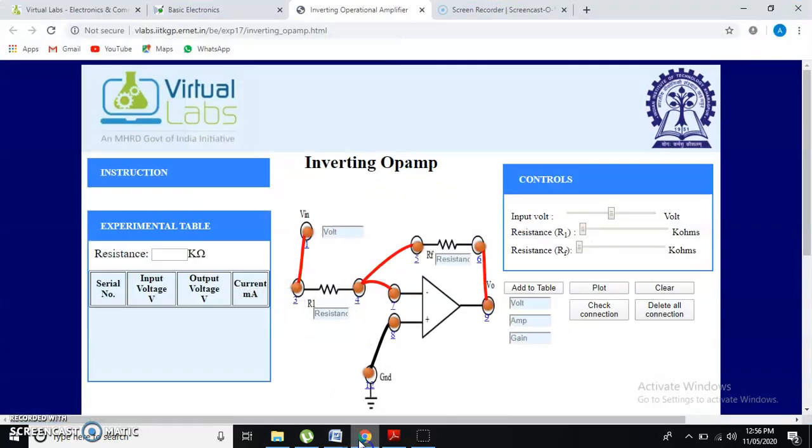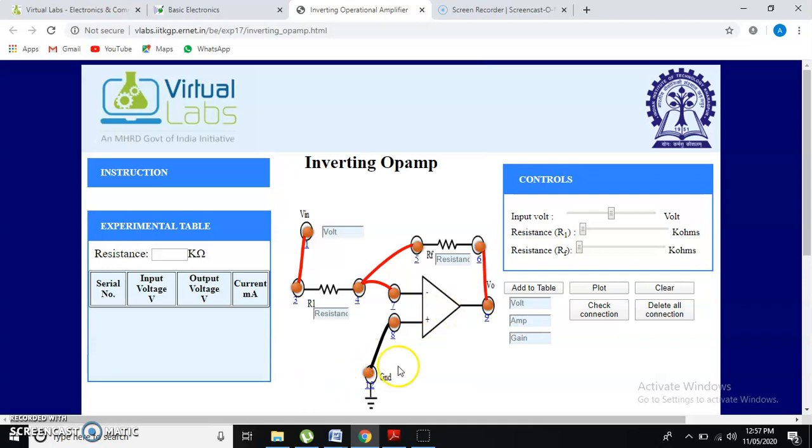Now what have we done right now? We have assumed that the gain has to be 1, and therefore to make the gain equal to 1, we will use the gain equation of an inverting op-amp. That gain is minus RF by R1. Assume R1 is equal to 1 kilo ohm. So 1 is equal to RF upon 1 kilo ohm. So RF automatically comes out to be 1K.